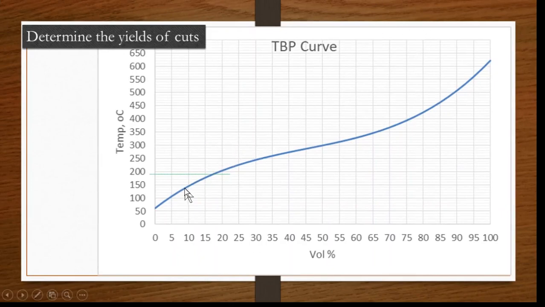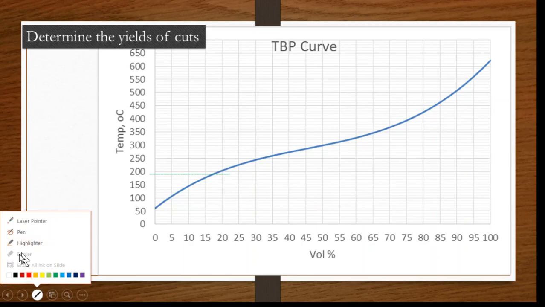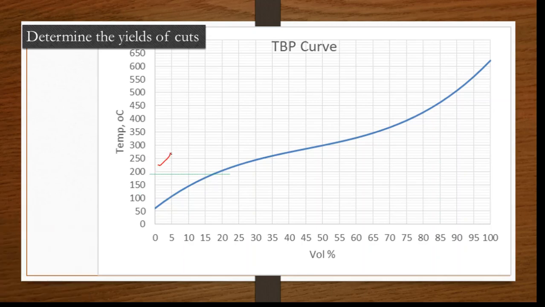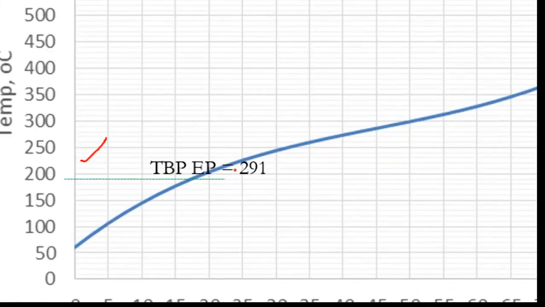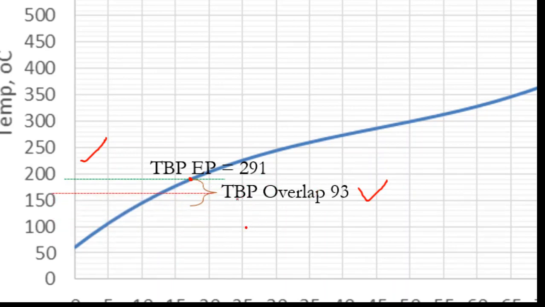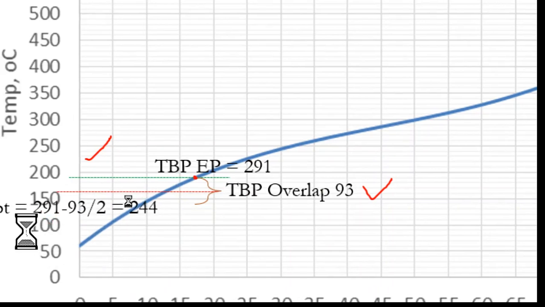This temperature tells about the endpoint, and this is the TBP endpoint that we have calculated. The next one is the TBP overlap that is given here. We have discussed earlier that we have to find the half of the TBP overlap,